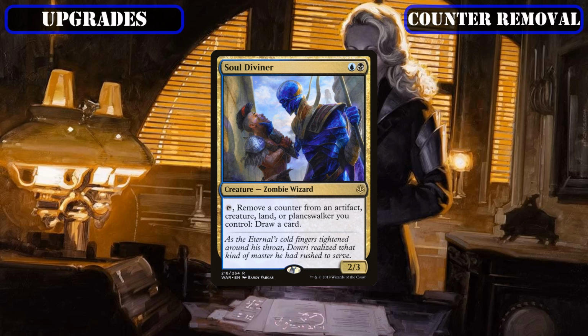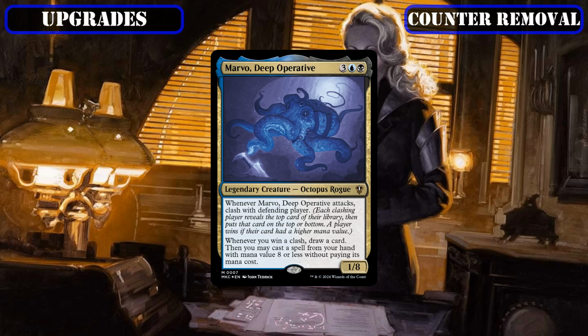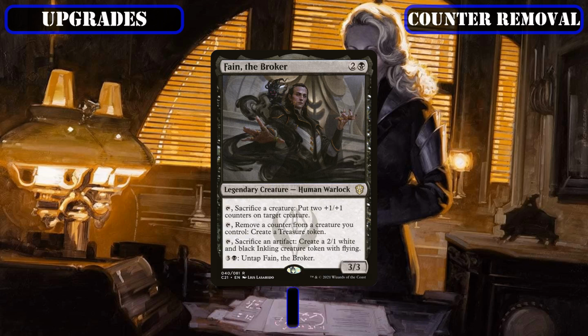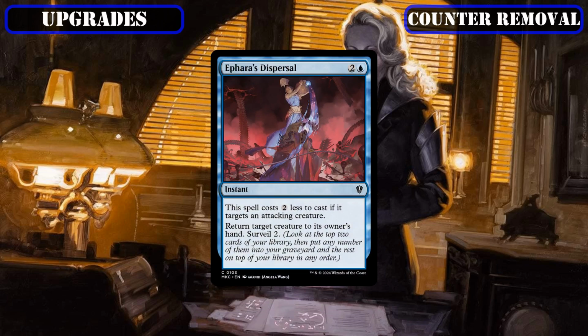the finality counters on our creatures into repeatable draw, sidelining the legend Marvo, Deep Operative, who deserves a build of his own but lacks the critical mass of high CMC spells needed here to make him truly effective, to slot in Fane the Broker, who instead turns our finality counters into ramp via his treasure creation to help us speed up our mana base, and swapping out Epheria's Dispersal, which is an okay surveilling removal spell, but falls short here